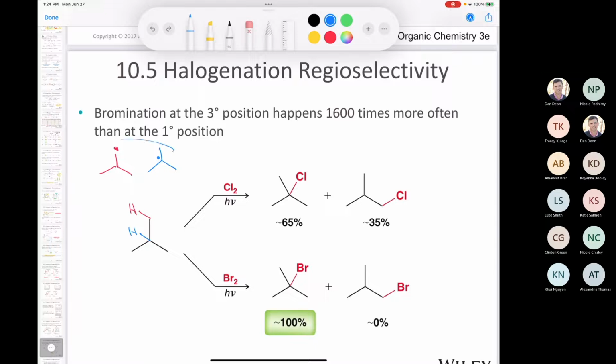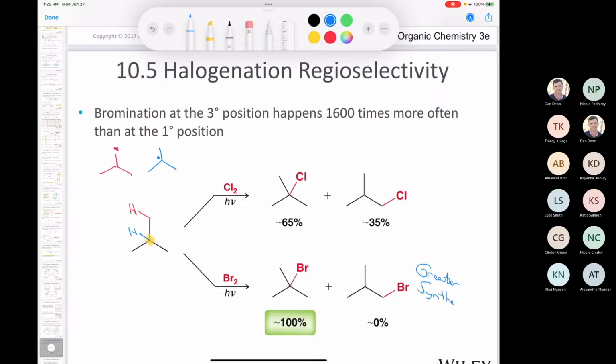Whereas in chlorination, there's very little difference between these in the transition state because it mostly resembles this to begin with. So you end up with a mixture. It is selective, but let's face it. If you wanted to add a halogen to this carbon, which one of these methods would you pick? You would pick bromination, of course, because you get a much higher yield. You don't have to worry about separating anything. So I would say that this bromination has a greater